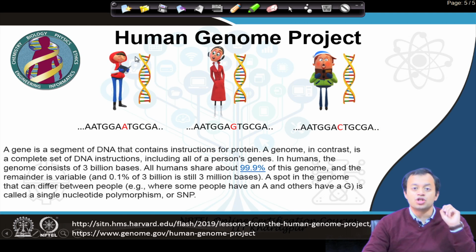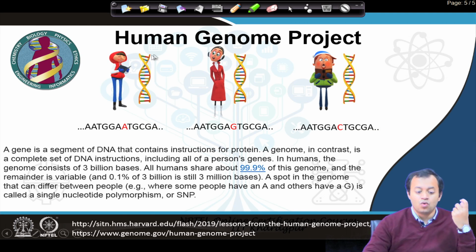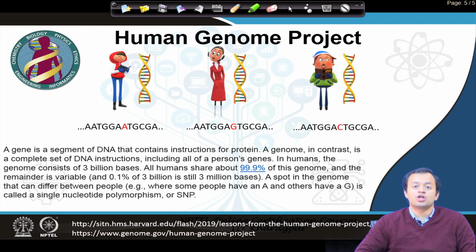One such effort was the Human Genome Project. Human Genome Project started in the 1990s. It was one of the biggest endeavors, a multicultural, intercontinental endeavor containing different laboratories, both public and private, from America, Japan, China, Spain, United Kingdom, France, etc., to map the entire genome sequence of a human body.